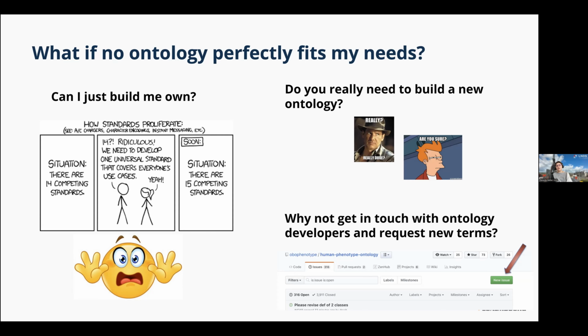If there are things that aren't a perfect match, please do go interact with ontologies, request new terms. Obviously, give some thought to what you're requesting. And referring back to my scope creep question, if you have a human anatomy ontology, please don't ask them to add a plant anatomy term. It's not the place for it. But if there's a human anatomy term missing, do ask them about it.